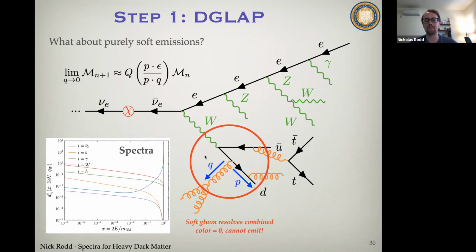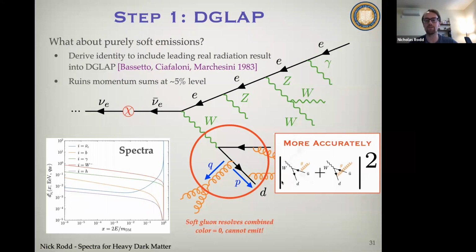Many of you may have heard of this. This is the famous color coherence effect in QCD, or it's also related to angular ordering, because if this gluon was emitted within the cone at the down and the anti-up, well, then it wouldn't see both of them even in the long wavelength limit. But again, this is hand-wavy. What you actually have to do is do the calculation for the interference between the various places the gluon could be emitted. And then you can also see that this destructive interference emerges.